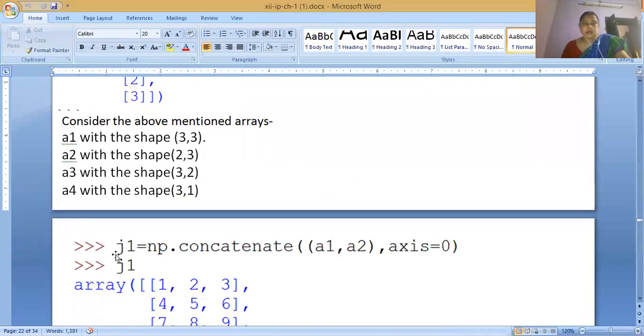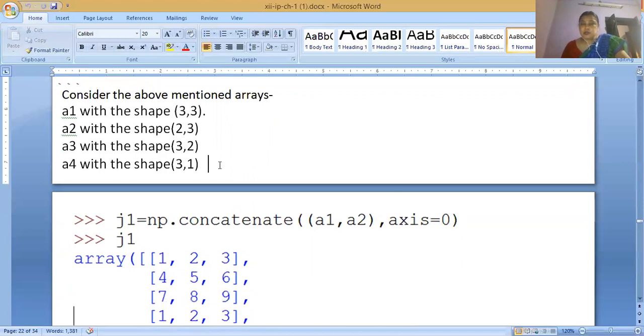Now again we declare a variable j1 equals np.concatenate of a1 comma a2, axis 0. Here we are joining the two arrays a1 and a2 along axis 0. Axis 0 means we concatenate the arrays row-wise. In row-wise joining there is a condition that the number of columns must be the same.